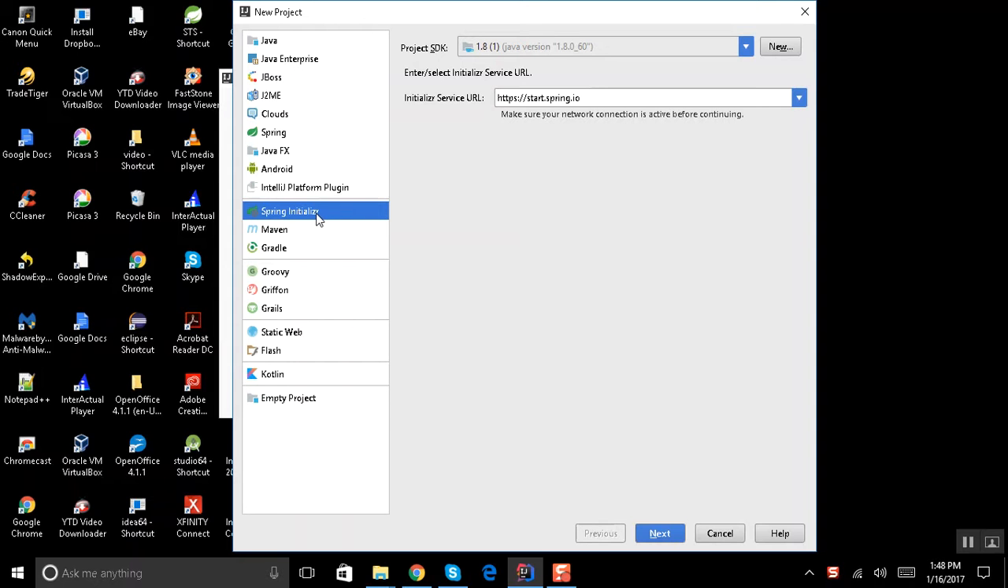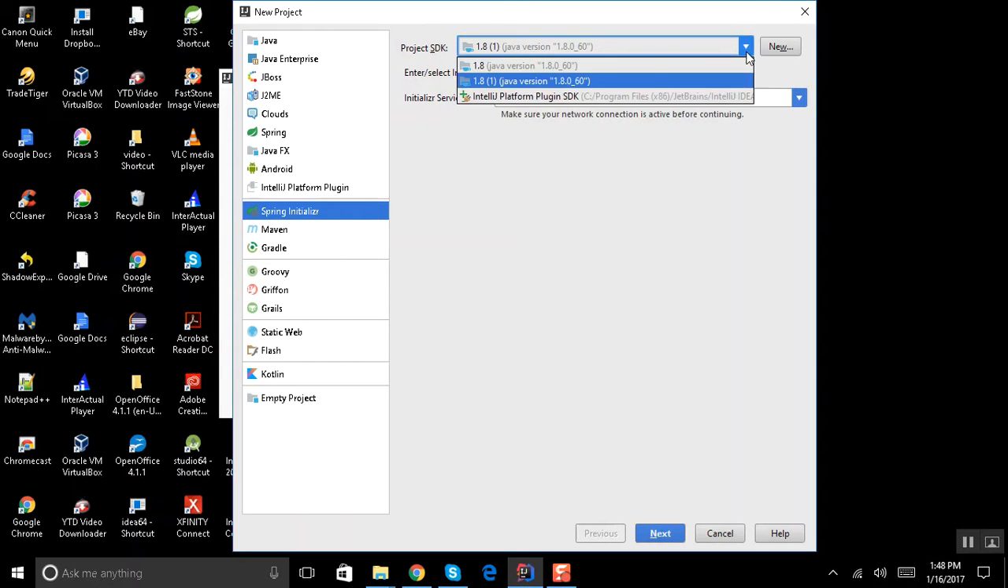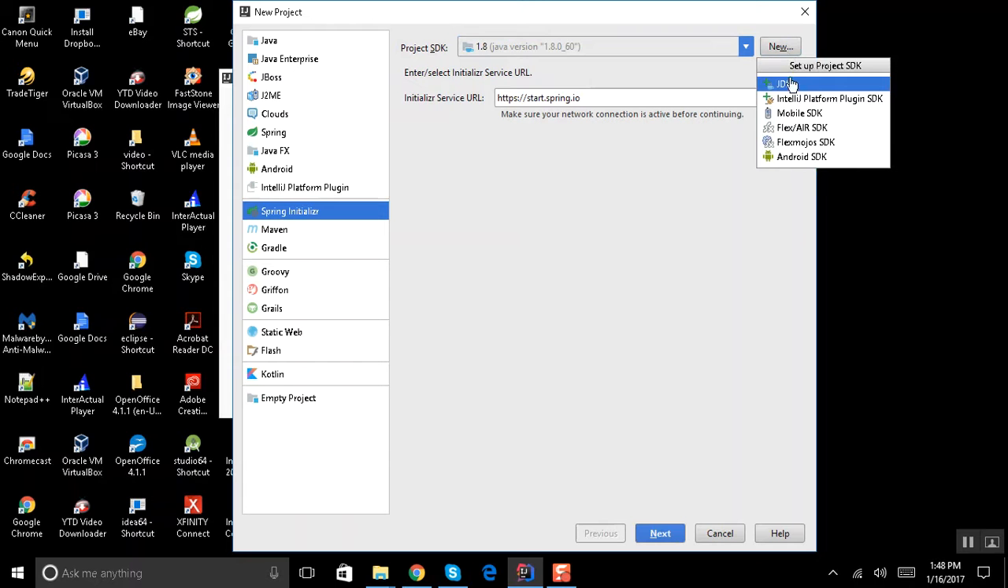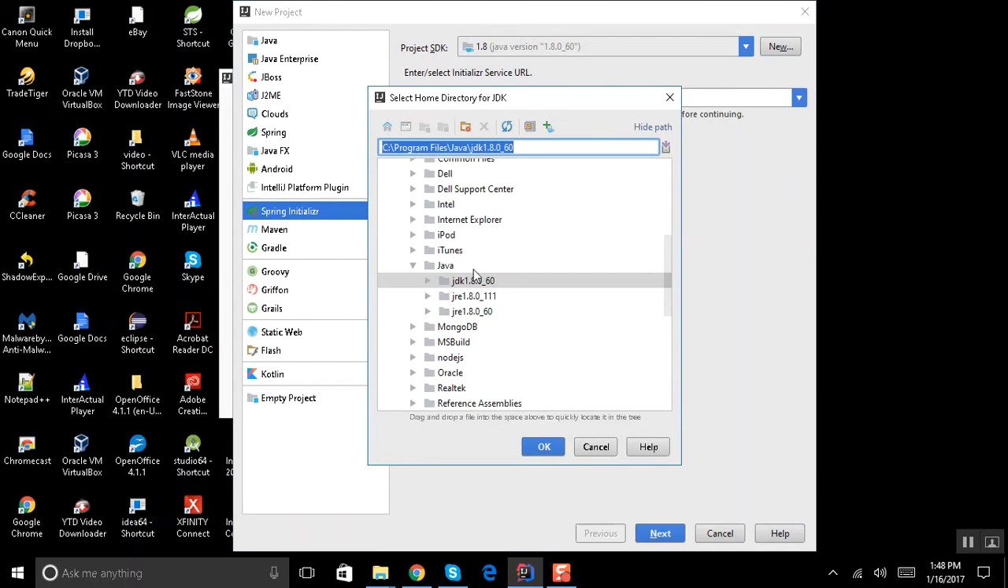Here you can see something like Spring Initializr. This is the one which helps you in creating the Spring Boot project without doing all the setup manually. It's a pretty automated process, and this is where you have to select the JDK version. If you don't have the JDK installed, you can download it from Java, install it, and choose the path over here. Basically you need to point to the installation path of Java. Mine is in C program files Java,